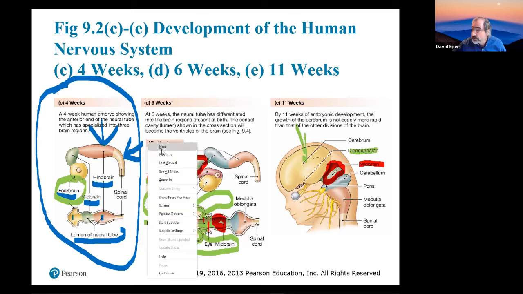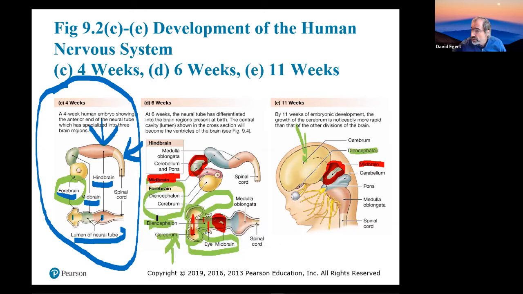And then the hindbrain. The hindbrain becomes the medulla oblongata, which is kind of this long section here that connects right before the spinal cord. It's also the pons, which is this part that kind of hangs out in front of the medulla. And then the cerebellum, which this picture doesn't show as well, kind of hangs off the back of the